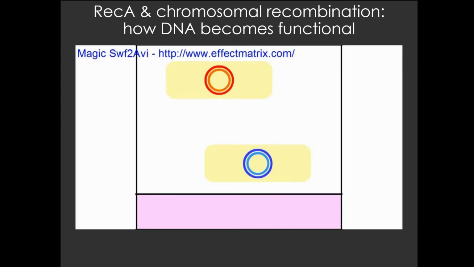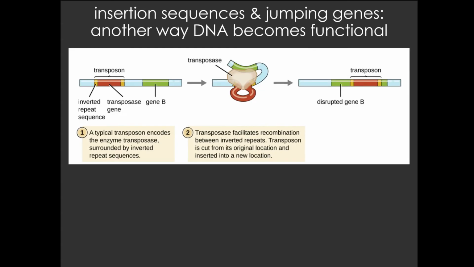So that's one way that DNA can become functional. Notice it's not 100%. The DNA has to get into the cell, and the cell has to make the choice to keep this piece of DNA. And it may or may not want to do that. So that's one way that a fragment of DNA can become functional and actually create a recombinant cell in that recipient. The other way that fragments of DNA become functional in recipient cells is by the use of something called